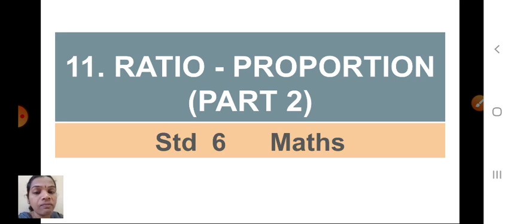So practice set, which one is going on? Yes, practice set 28. So today also we will solve practice set 28. Before that, I would like to explain one information about ratio. That is, see here.